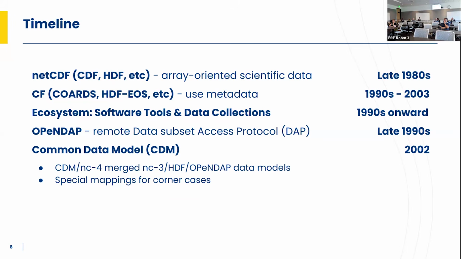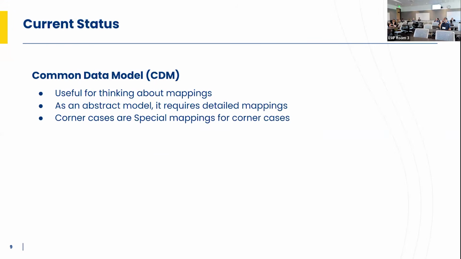The common data model, as a data model, is this abstract thing that often doesn't cover all the corner cases. Usually data models are abstract and have a little detail left out. So you need to figure that out, and that's, I think, an important aspect of this whole process. Right. Okay. So that was kind of the history